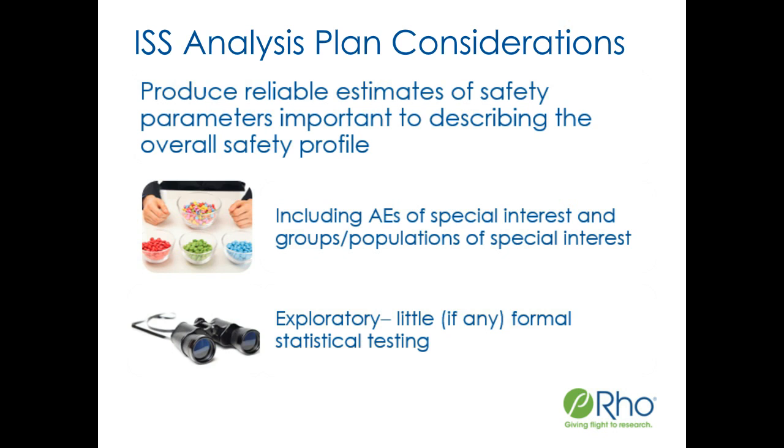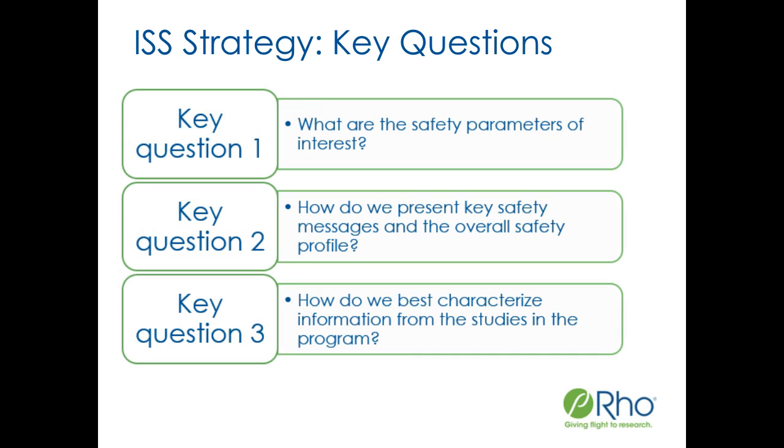So when you start looking at your ISS, as David said, this really takes a village. There are a lot of people involved in making sure that the messaging that you have in your NDA is appropriate for the indication that you're trying to get approval for. So there are 3 key questions that can really help your whole team move forward in what's best for the ISS. So this is when you get your clinicians, your statisticians, your medical writers all in a group, all in a meeting to talk about these 3 key questions, and these questions should be asked in the order that is